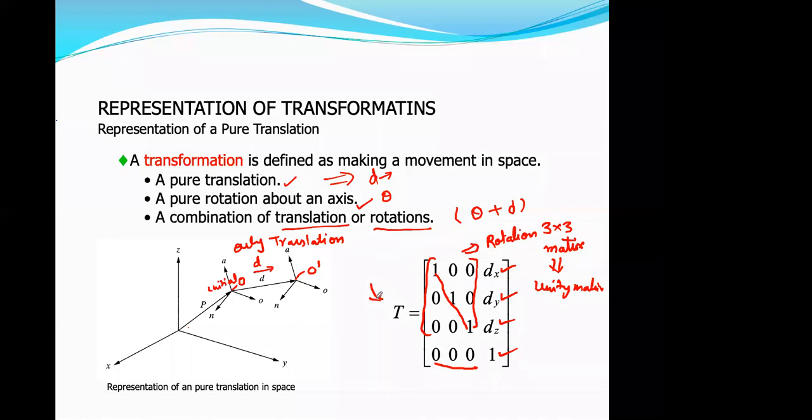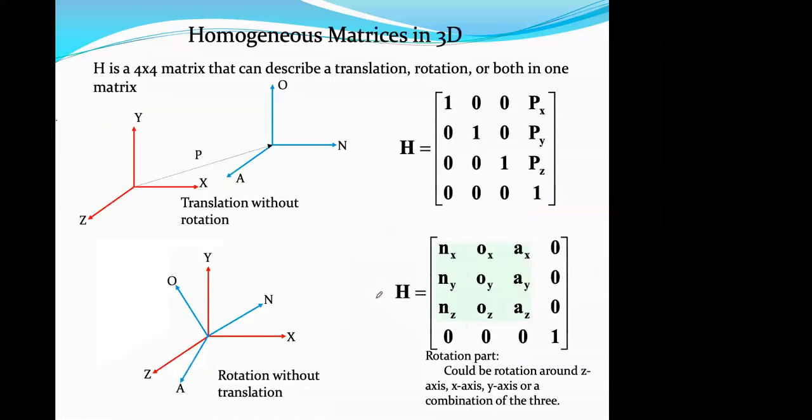So transformation can be, translation is represented when there is a pure translation. So the rotary matrix will be the unitary matrix, and the distance can be denoted as dx, dy, and dz, and the perspective matrix is 0, 0, 0. And when you are having the perspective matrix 0, 0, 0, then we can have the scale factor taken as 1. Now